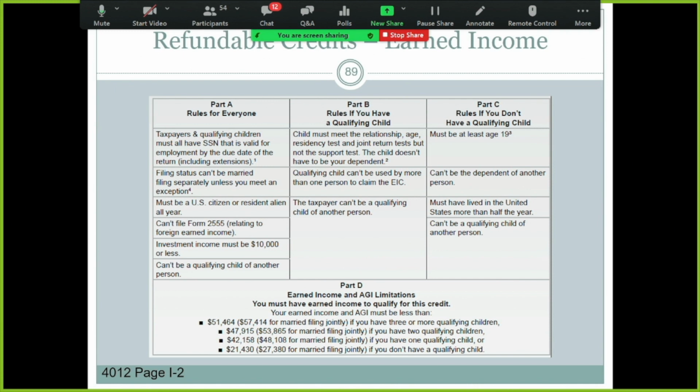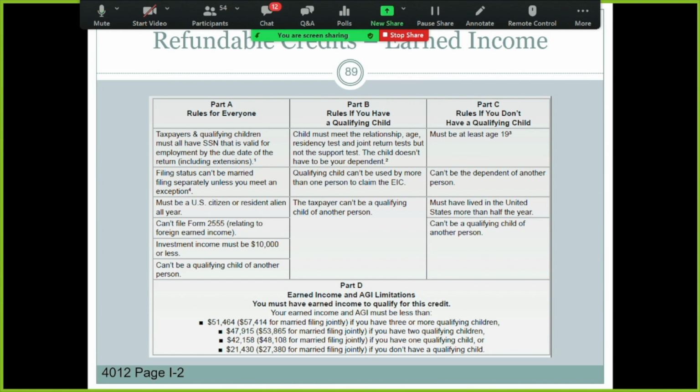And then the taxpayer cannot be, again, a qualifying child of another person. So this is if you have a qualifying child. So an individual, if they have at least one qualifying child meeting these requirements. And then we'll see that there may be some individuals that don't have a child at all, so they themselves may qualify for the earned income